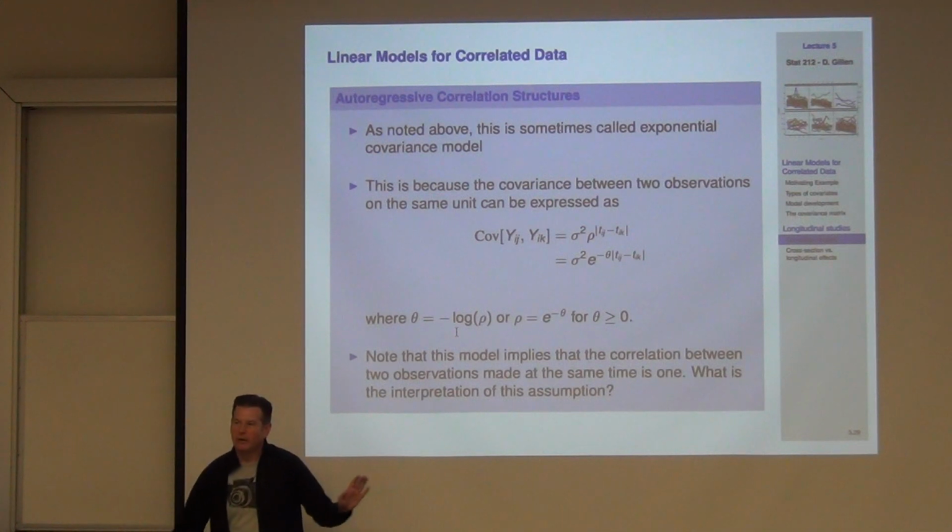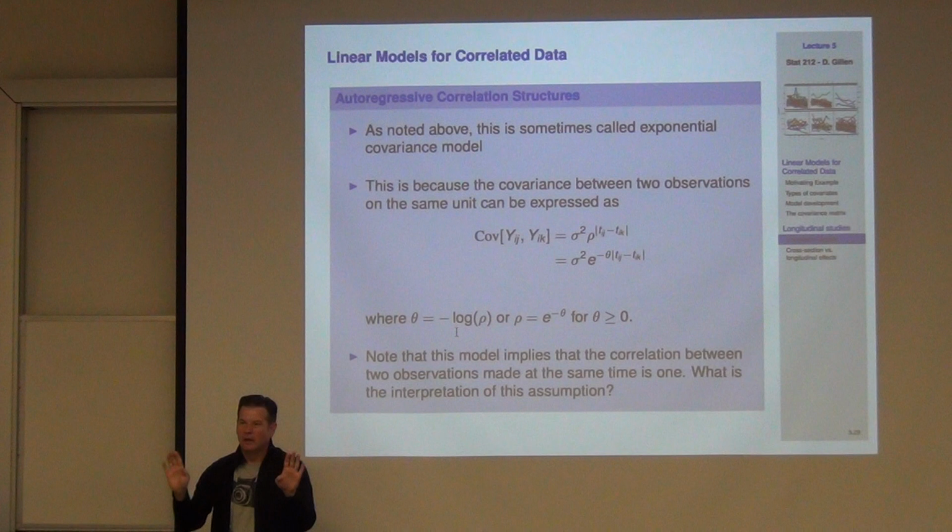What I'm referring to here when we're talking about this measurement error is I've got the same sampling unit, and I'm going to take two measures on that same sampling unit, and I'm going to take them at an instantaneously quick place in time, and that correlation is going to go to 1.